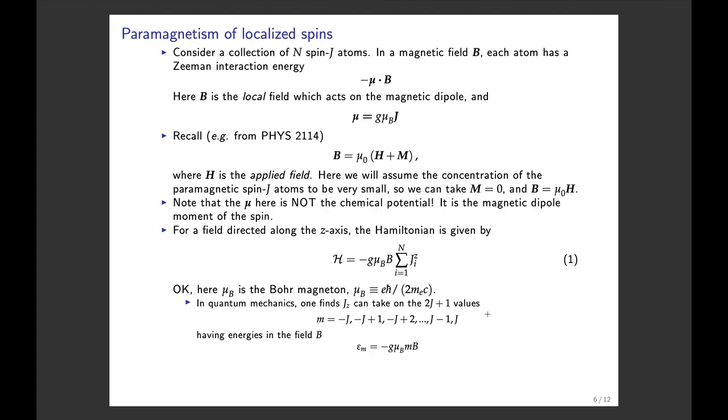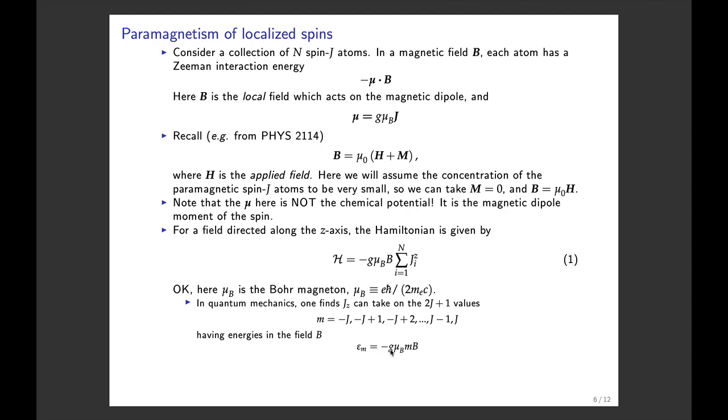So in quantum mechanics, one finds that when we have a spin J atom, it can take on 2J plus 1 values. These can be labeled by M, and those 2J plus 1 values go from minus J up to plus J: minus J plus 1, minus J plus 2, all the way up to J, that's 2J plus 1 values. And those have energies, we'll denote them epsilon sub M,